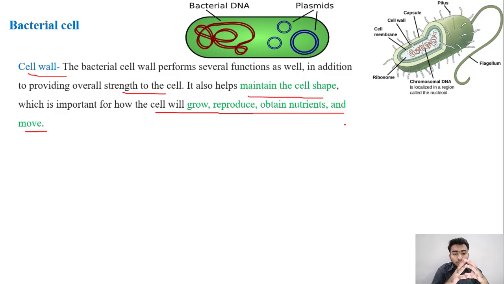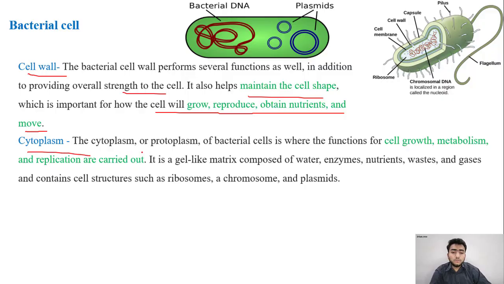But that's really an extra bit of information for you guys to understand: the cell wall of a bacterial cell is particularly important for the procedure of reproduction. It is also responsible for nutrition, movement, and stability, because it is then able to withstand extremes, as I told you, it's present in extreme and harsh environments as well. So really the cell wall has quite a lot to do in a bacterial cell, and these are the 3-4 points that I've highlighted in green.